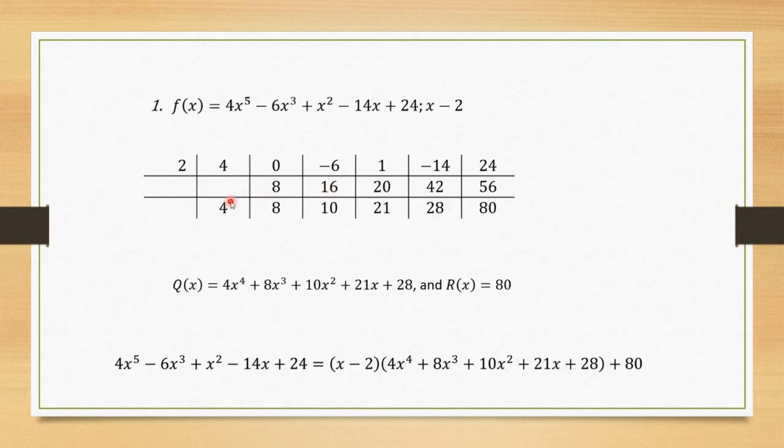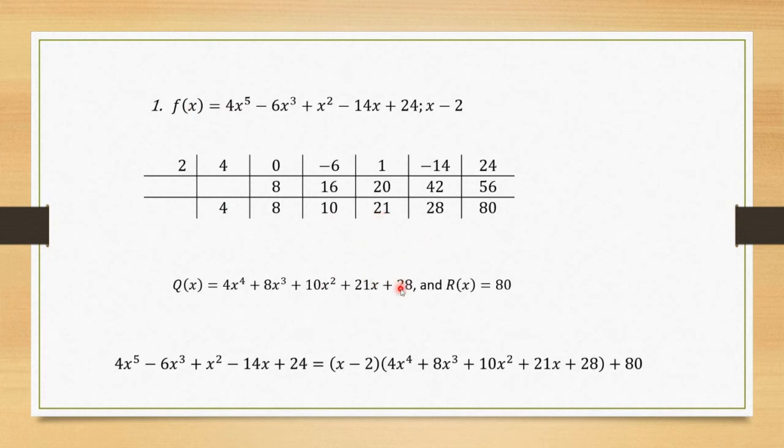Remember, the quotient is always 1 degree less than the dividend, than your f in this case. So this is degree 5. Our quotient's degree 4. These are the coefficients of the quotient. So we have 4 times x to the 4, 8 times x cubed, 10 x squared, 21 times x,